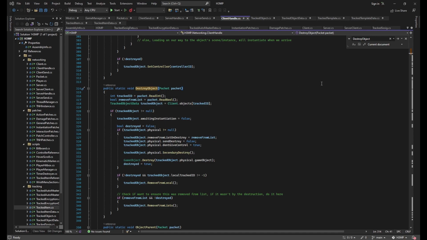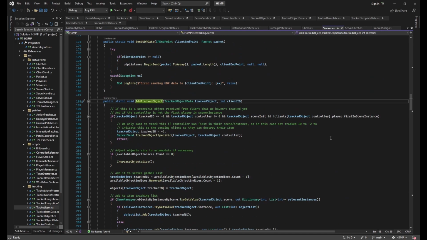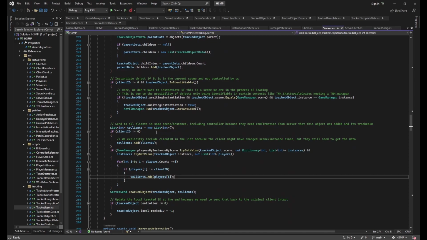So when a server adds a tracked object, we're going to process it, and then we're going to find out which clients to send it to. In this case, we're only going to send the new tracked object data over to clients who are in the same scene and instance as the tracked object. We will also explicitly always send it back to the client who sent it in the first place, who tracked that object. This is because even though they might not be in the same scene instance still,